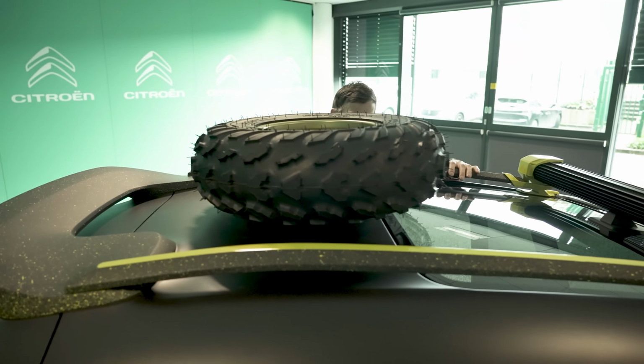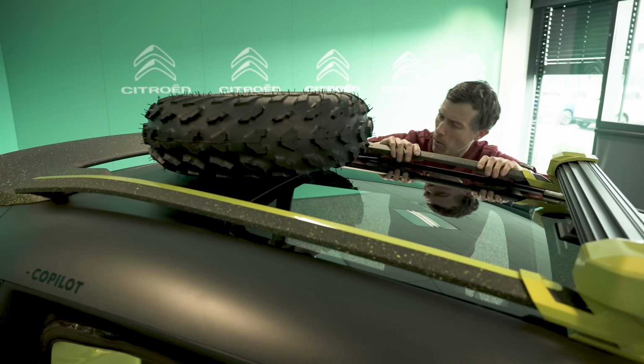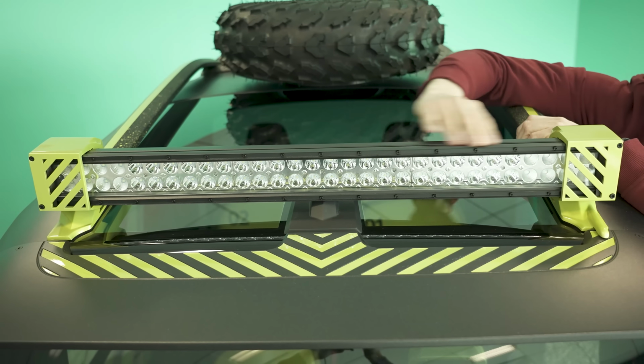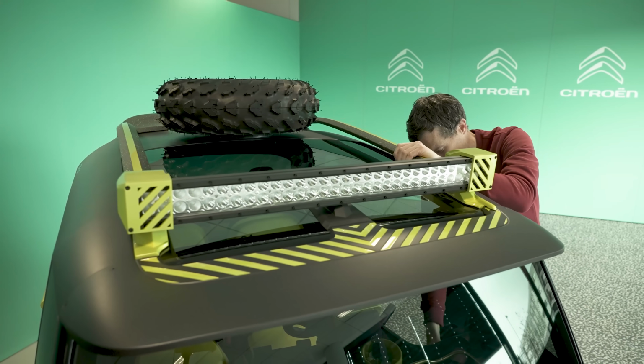And moving along, you've got these roof bars here, which seem to be finished in a Jackson Pollock inspired paint scheme. Finally though, we come to this, the light bar, which is very illuminating, and you know, I can use it to just